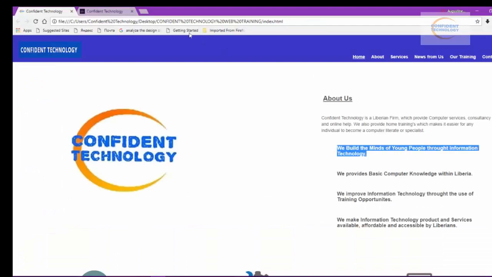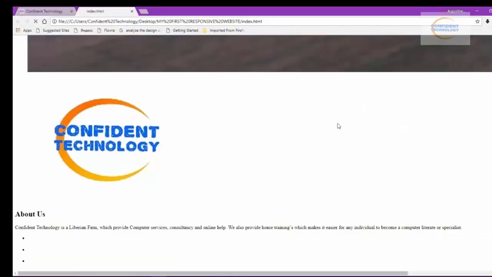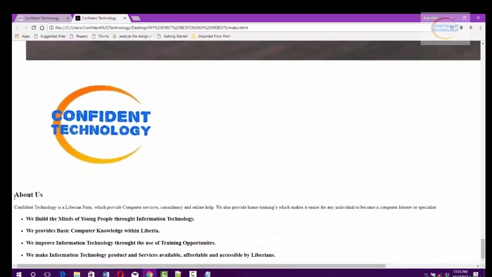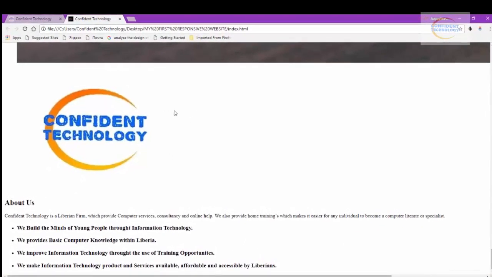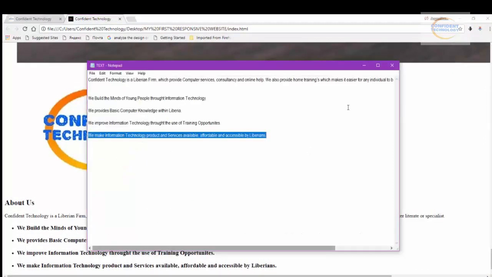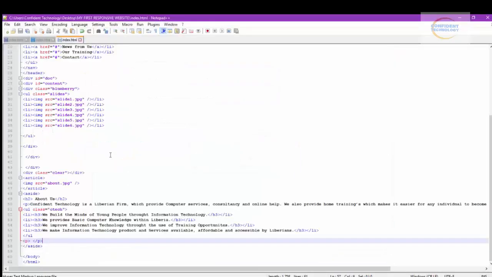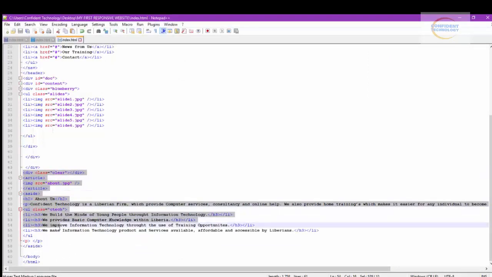You can now go and right click and reload. You should see all the text and image listed on our site. So if the text doesn't appear, make sure you go back to your editor and make sure you type this code from div class down to the side. Make sure you type them